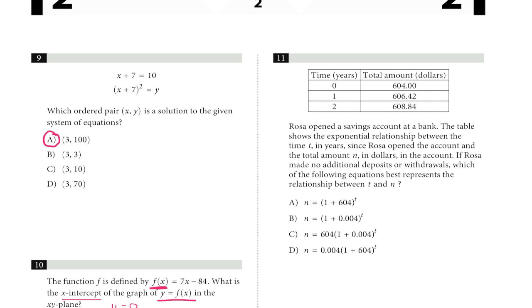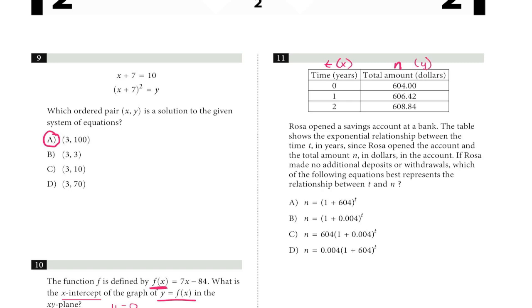So whenever they give us a table of values and it's vertical like this, even if they're using different letters, we actually can always think of the left column as being the x and the right column as being the y. So here they're using letters t and n. So here these two columns would be t and n. And what I'm basically saying is we could pretend like t is x, and then we could pretend like n is the y. And the reason I'm saying that is because they gave us points and they're asking for the